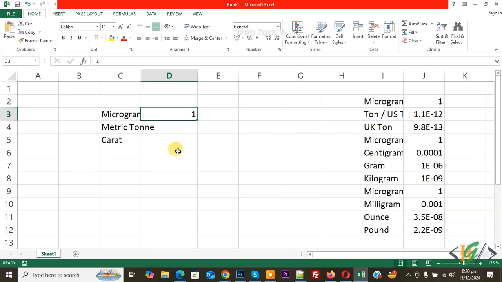Bismillahirrahmanirrahim. Assalamu alaikum. My name is Hassan and today we are going to convert microgram weight into metric ton and